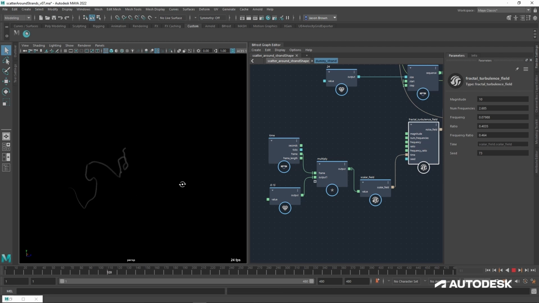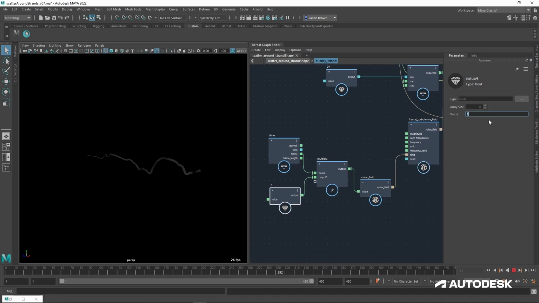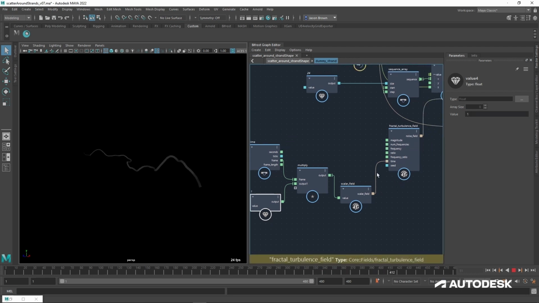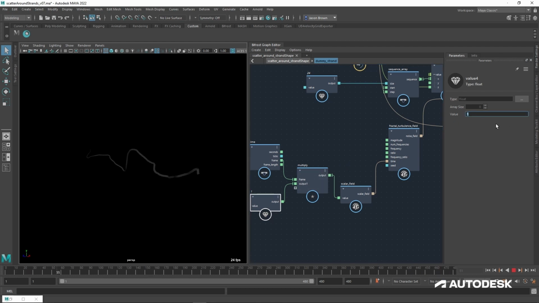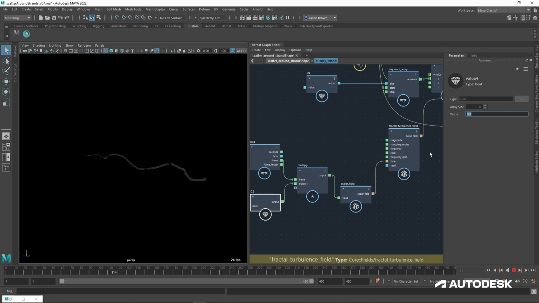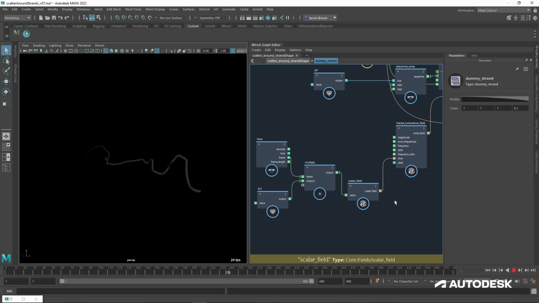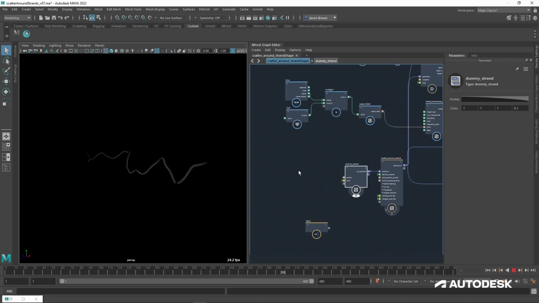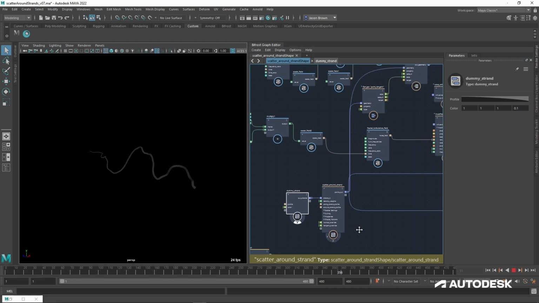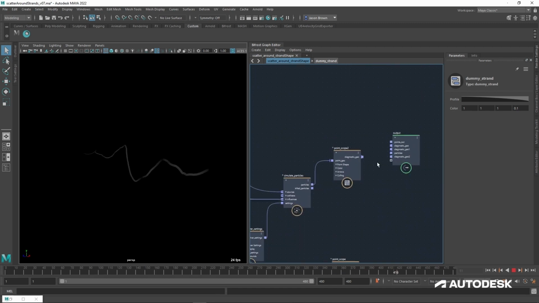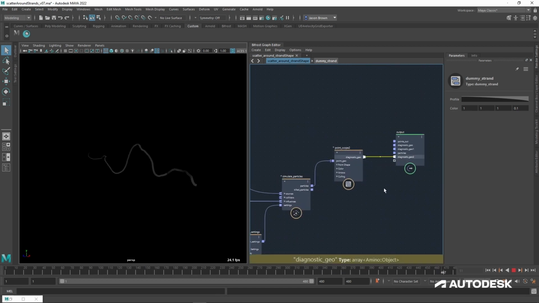But what the time does is it allows us to make the field move smoothly, which is important. You can speed it up, that's what that's doing. And you might want to add something into the frequency to get it to change, or the ratio to get it to change. But for now, this is fine. I just wanted to show you, essentially, the strand is now moving. It's quietly moving. So that means as soon as I stick this back into the particle output,